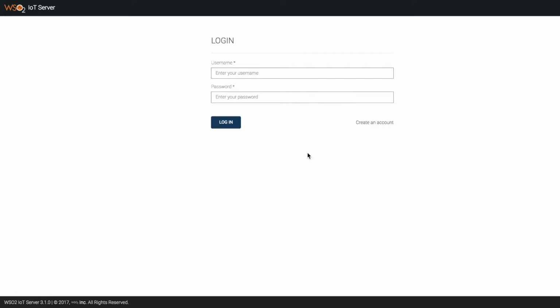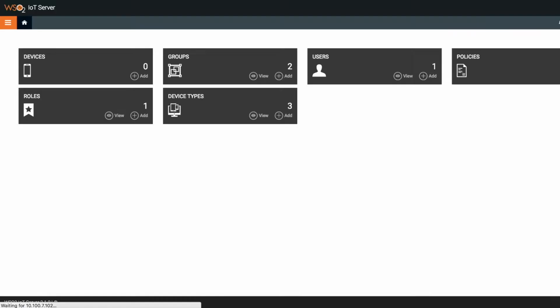Let's see how we can create a new device type to manage your custom device types using IoT server. First of all, let's log into the IoT server's device management dashboard. Here you can see device types. You can simply click on this device types